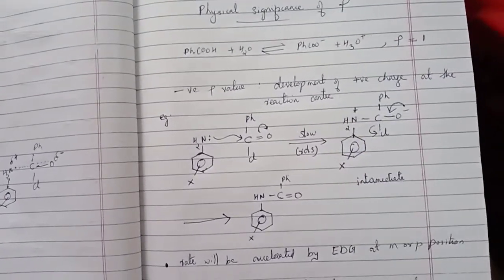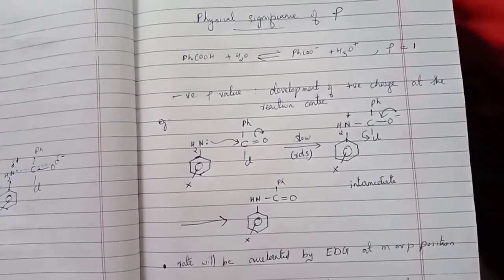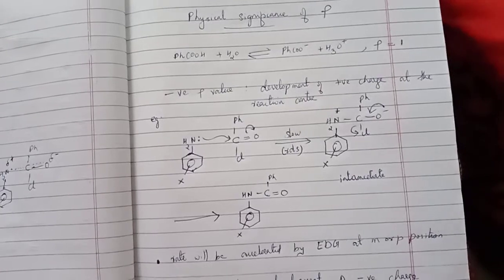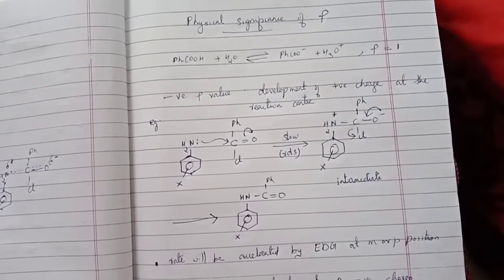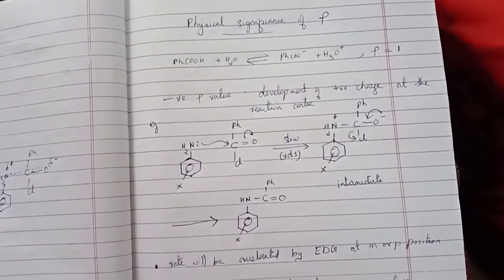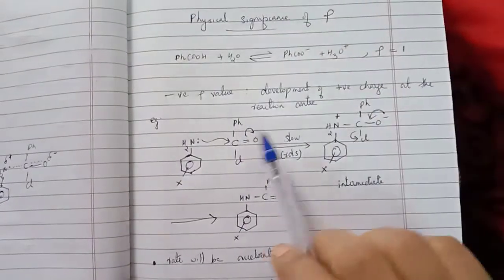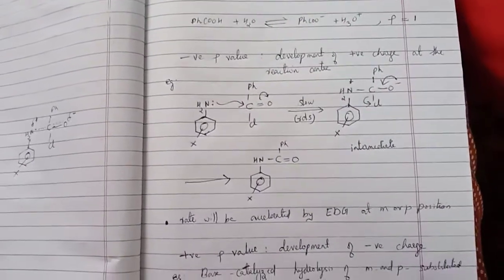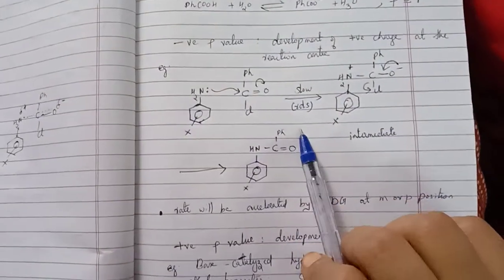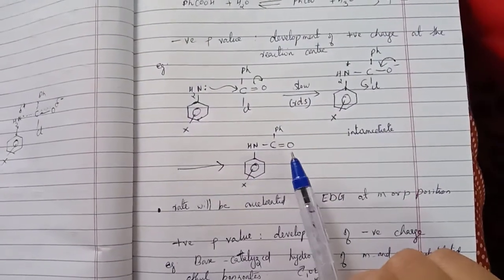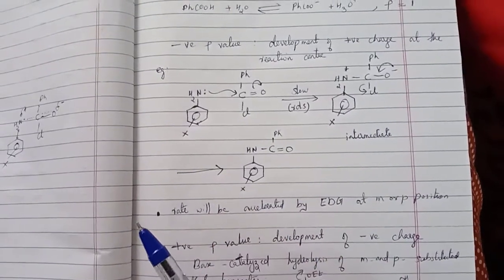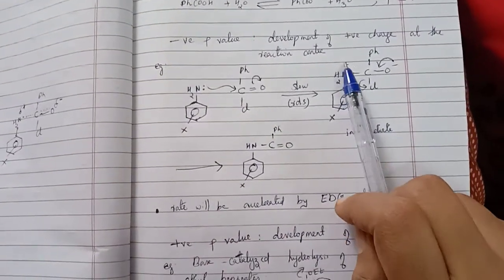So first you should identify the reaction center, where the reaction is happening. The reaction center means the atoms between which a bond is formed or a bond is broken. Okay, so this is the reaction center. So this is the example for negative rho value. Okay, so here electron donating groups at para position or meta position will accelerate the reaction. So that means there is a positive charge.